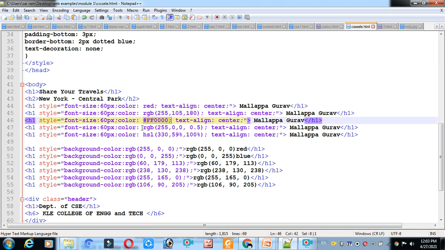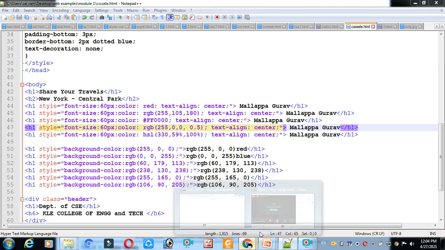Again RGB for this one. What's the A? Alpha value, that is transparency. After the 3 values, if you use a 4th, that is transparency. Again it is hue saturation. How many? 1, 2, 3, 4, 5, right? I am using 5 H1 headings, and we will see how the colors are going to change here.